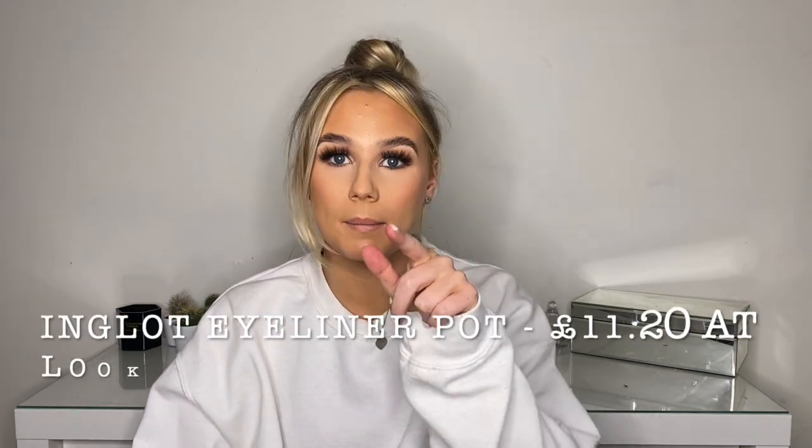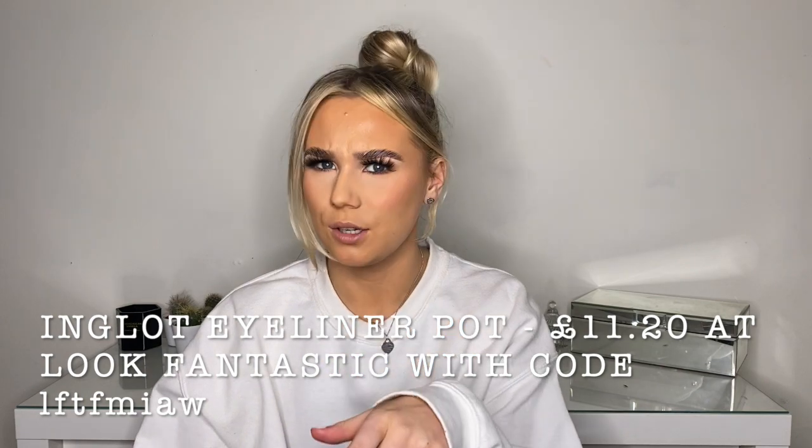So moving on then to eyeliner, I use the Inglot eyeliners, and I have got shade brown and also shade black. I think these are £14. However, I'm going to put the price here with my Look Fantastic discount code because you do get 20% off them. So I think, does that give it